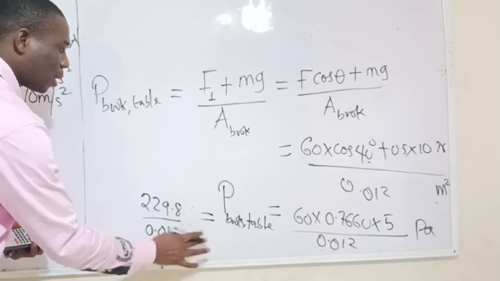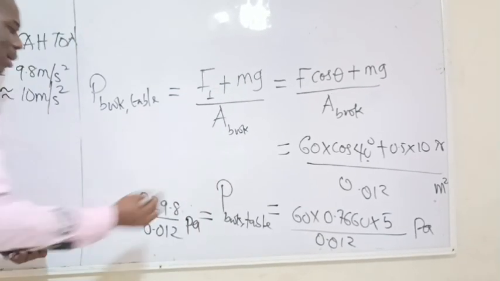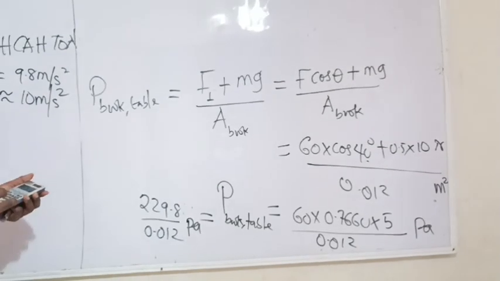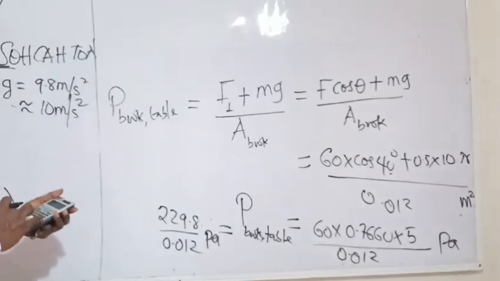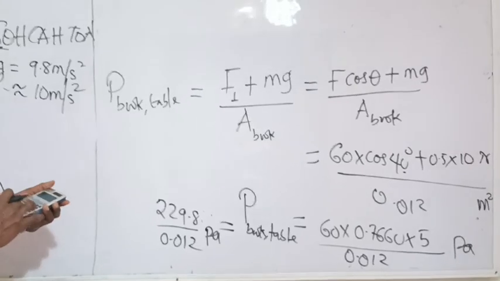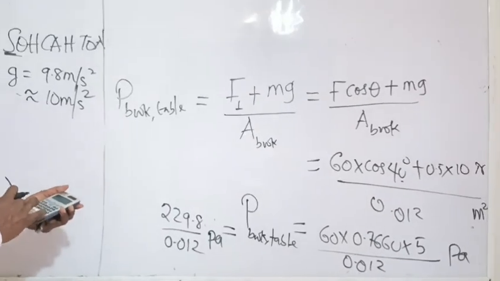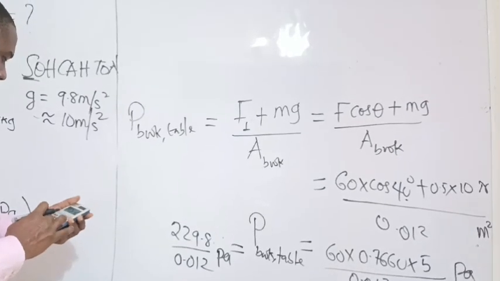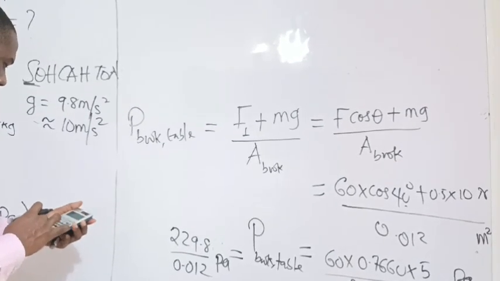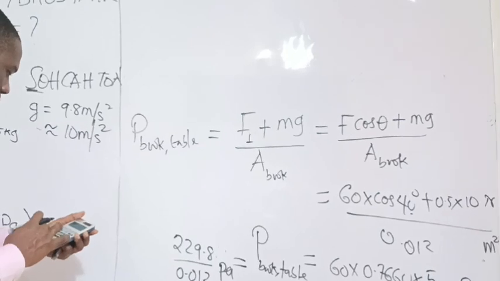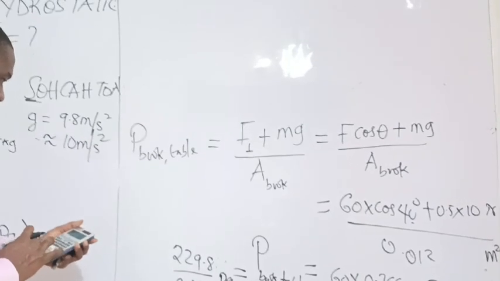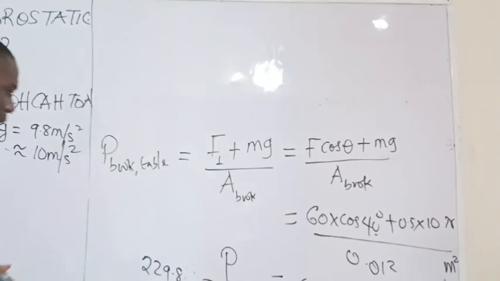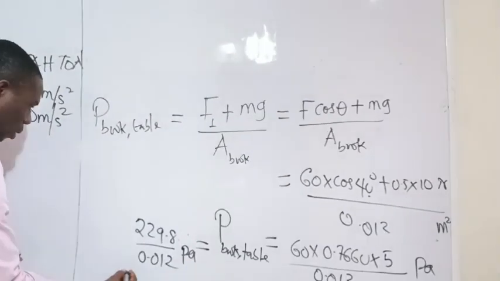This is in Pascal. To give the final answer, we divide 229.8 by 0.012, and the answer boils down to be